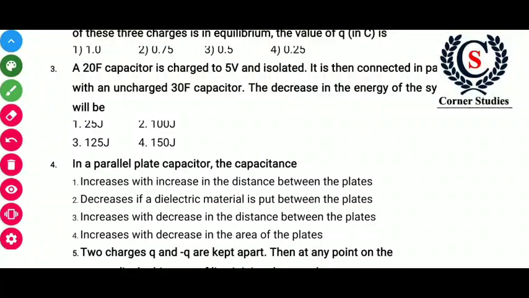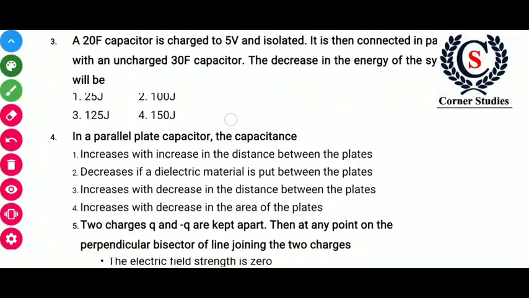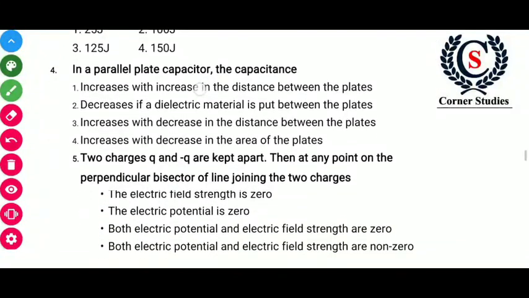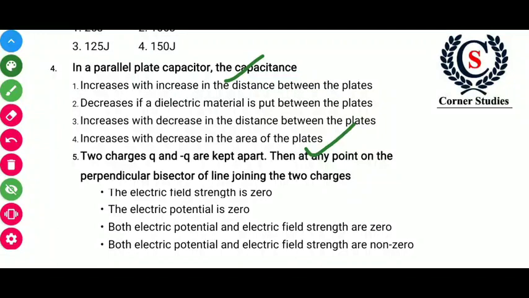It is then connected in parallel with an uncharged 30 µF capacitor. The decrease in the energy of the system will be? Answer: 150. Next question. In a parallel plate capacitor, the capacitance